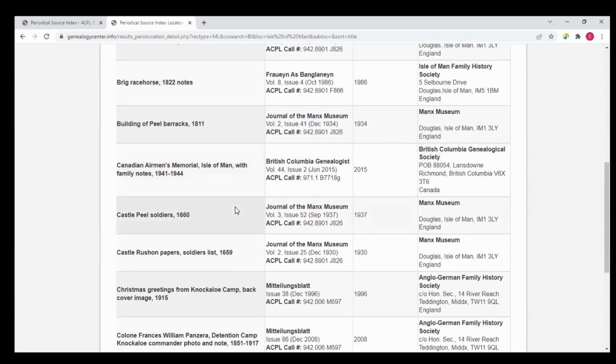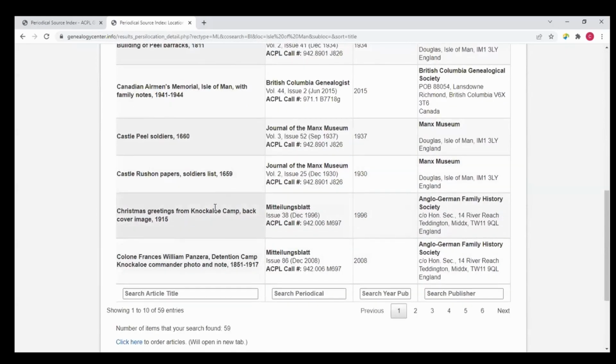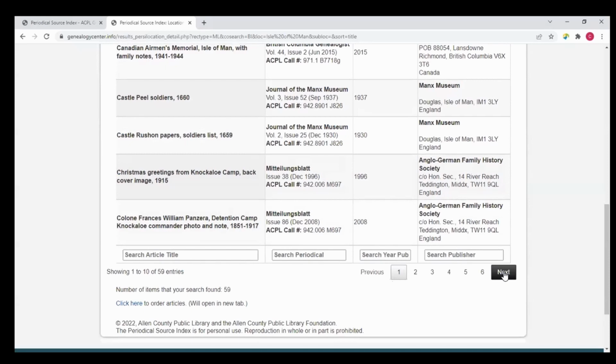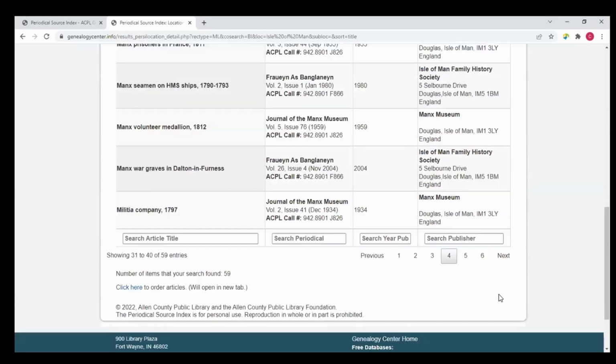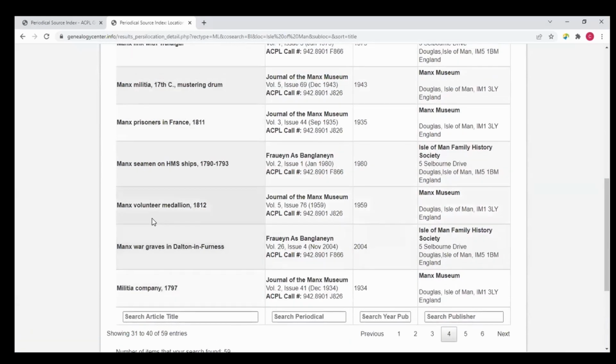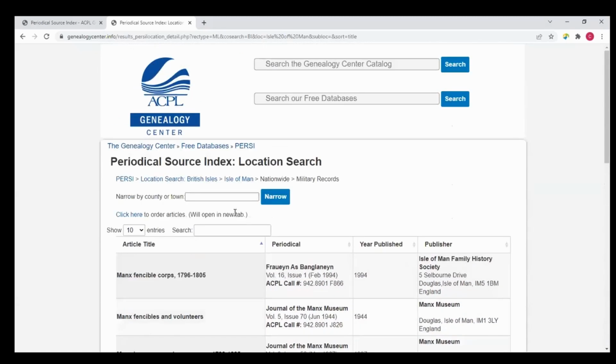It's amazing when you start using PERSI how quickly, easily, shall I say, that you become used to kind of a quick overview. Like you can go through 10 records in less than 10 seconds. Your eye is just looking for particular record groups, particular dates, particular words or phrases, and of course, particular surnames, right? So we can quickly use this nav bar at the bottom. I get kind of excited about the possibilities of discovering potentially useful information for my areas of interest.